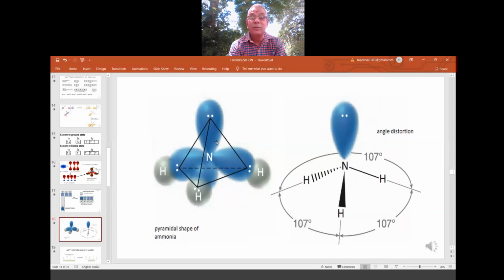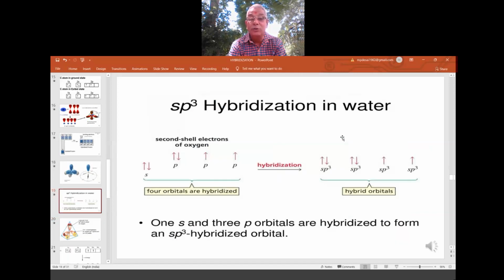So if you join imaginary lines, it looks like a disturbed tetrahedral, because it is not like methane. In the methane all are bond pair, but here one is a lone pair, you know. So that lone pair is giving some amount of repulsions. So it is not a perfect tetrahedral, it is a distorted, disturbed tetrahedral. Okay, right. Same way in water also. In water also it is same thing.